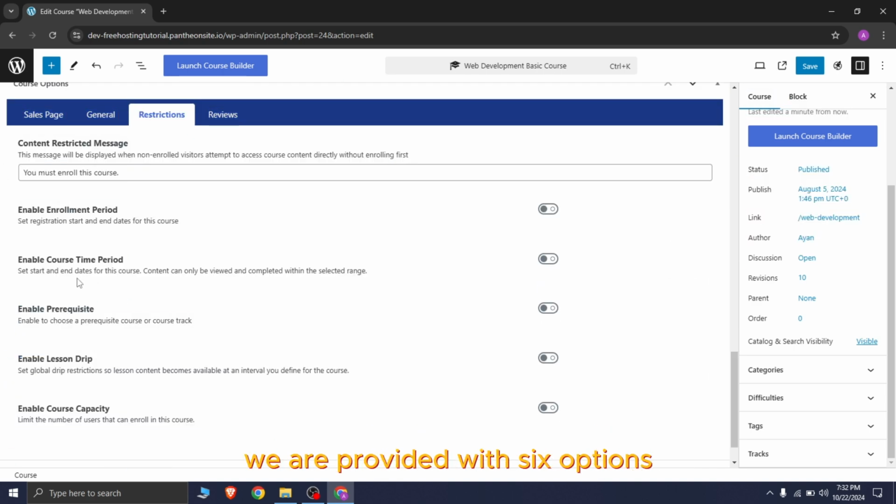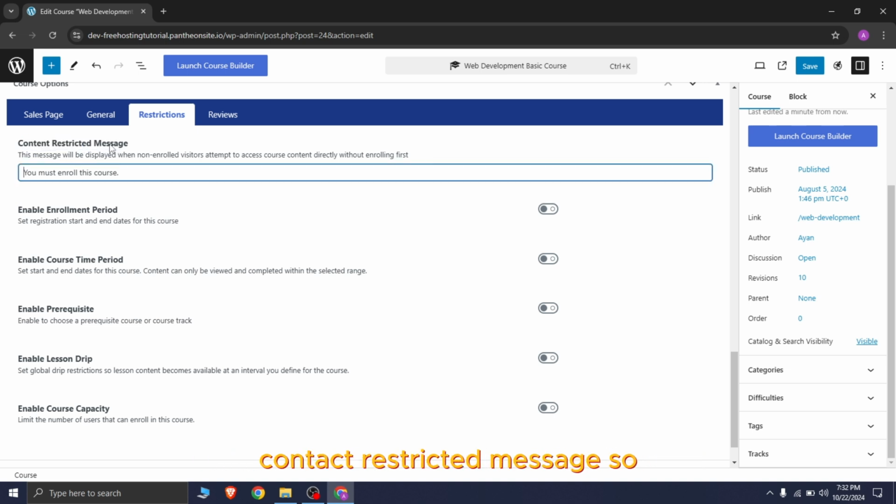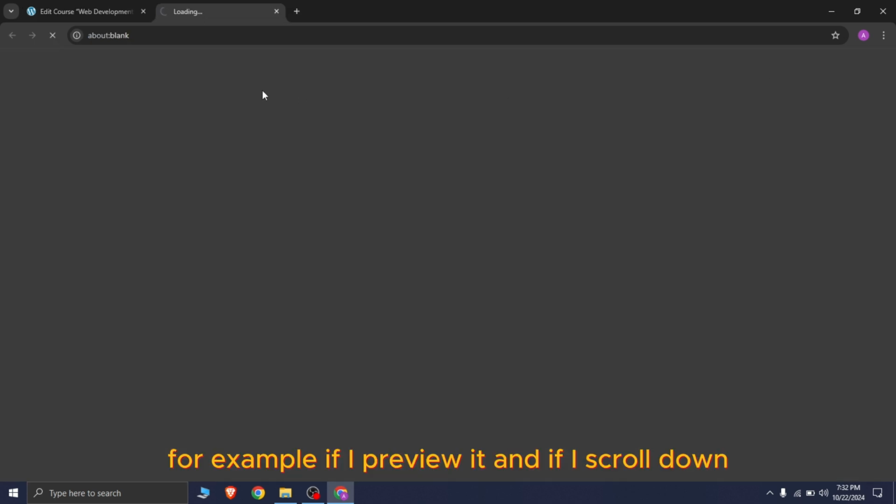So basically we are provided with 6 options in the restriction tab, and we are going to learn about the first one, content restricted message. So whatever message you write here will be displayed when a new visitor hovers their mouse on the lesson. For example, if I preview it